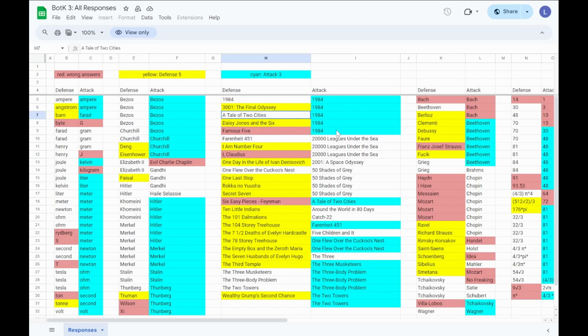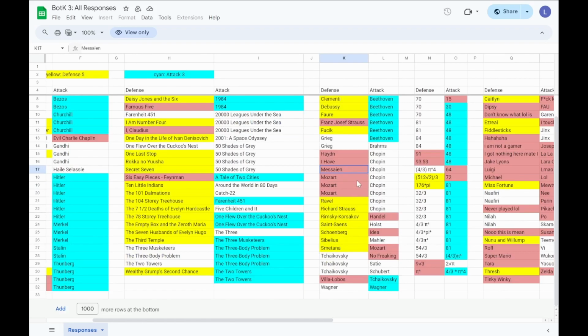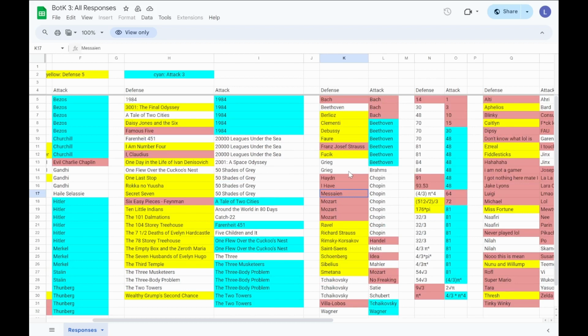For number 3, the books with numbers in the titles. So I, Claudius, wasn't accepted, and maybe that's fair because I was being a little cheeky about it. One Day in the Life of Ivan Denisovich was accepted, and my answers of Tale of Two Cities and, what did I say? Three Musketeers were, in fact, good for attack. So that is a good number of points there. For composers, okay, I made a mistake. I thought that Liszt was way later than he actually was. I guess he sort of ushered in the Romantic era when he was already grown, and a lot of other people that I put down were people who grew out of the Romantic era, as it were. Oh well, too bad.